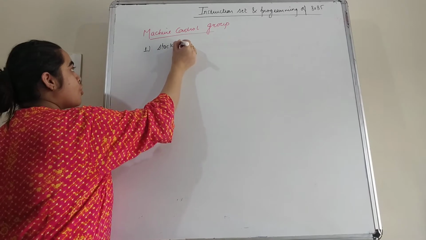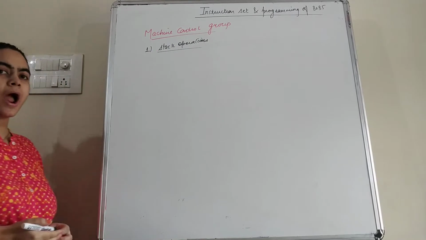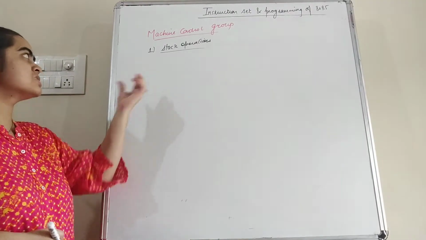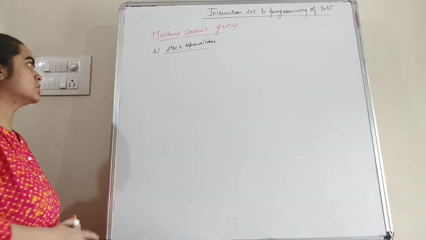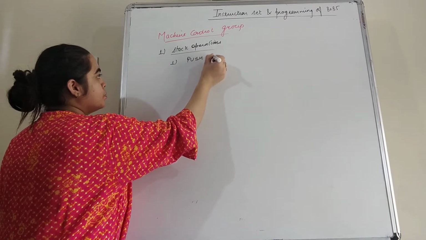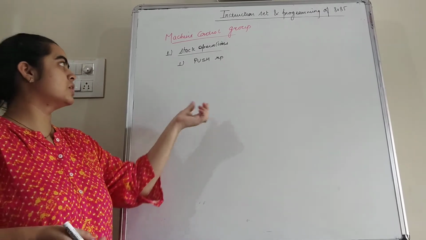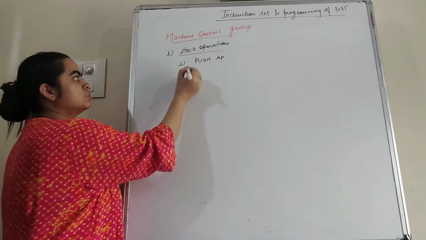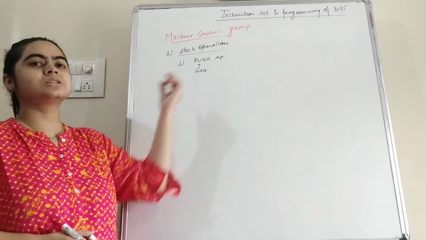So students, stack operations are related to stack memory. That means if we want to add a memory address into the stack, and if we want to pop out a memory address from the stack, we have different types of instructions for that purpose. So the first instruction under the stack operations is PUSH RP. That means to push the contents of the register pair into the stack. Push means to add the contents into the memory location, and RP is the register pair.